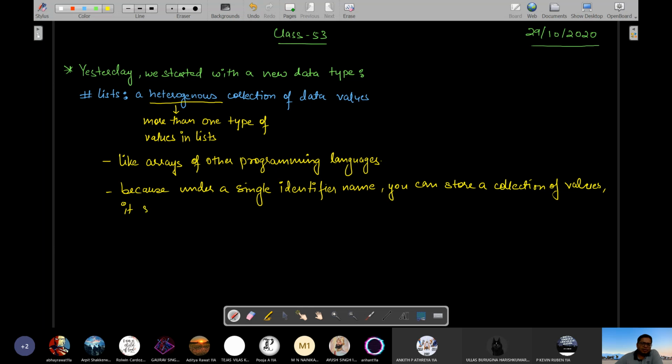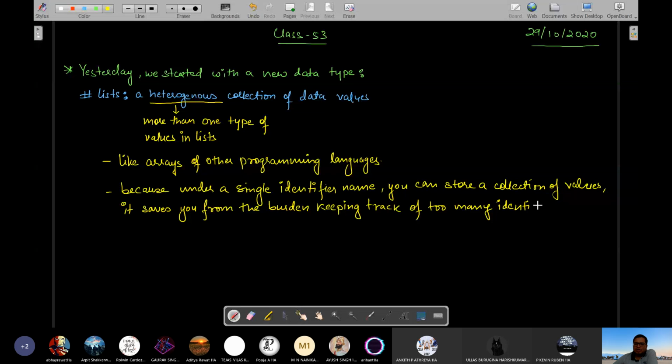It saves you from the burden of keeping track of too many identifiers which you would have to create otherwise. So you understand the meaning of this. For example,